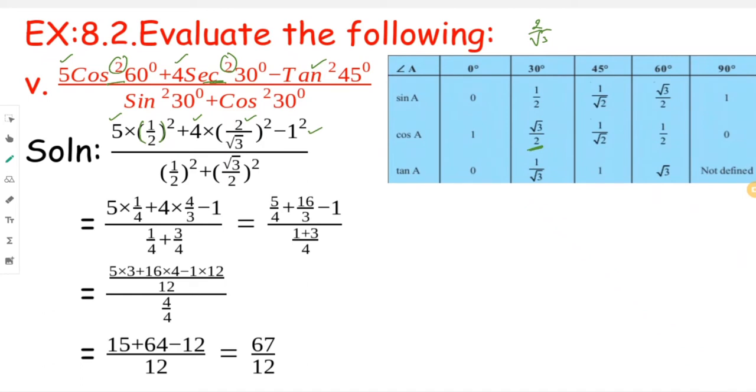Now let's do the same thing with the denominator. Sine 30 is how much? Half or 1/2. Now again the whole square. Alright, next thing again, cos 30 is root 3 over 2, the whole square. So if we are done with that,